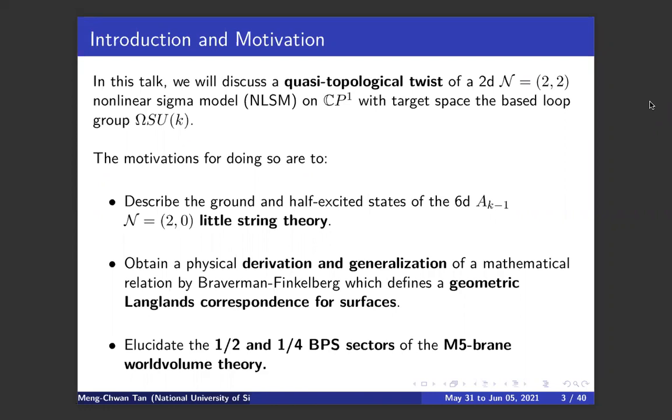If we have a quasi-topological twist, that's slightly different. We have a z dependence on the worldsheet, but no z-bar dependence. So there is a holomorphic dependence on the worldsheet of the operator observables. This also means that we can take partial derivatives in z of the operator observables. Physically, the operators which have no partial derivatives in z are considered like the ground states of the sigma model, just like in the topological sigma model.